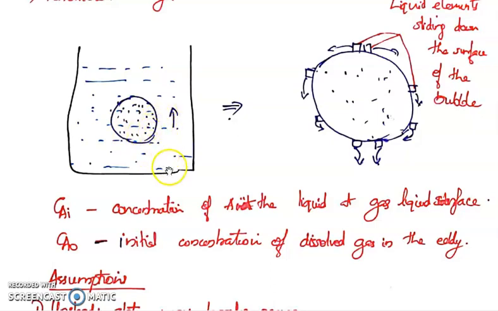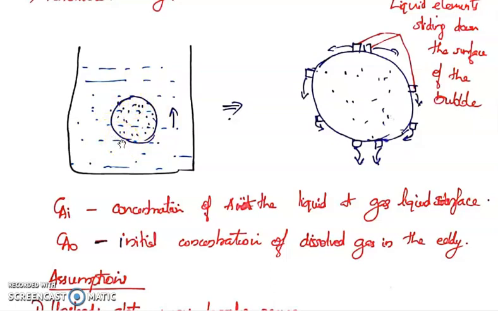So the bubble is moving from, let's say, Z is equal to 0 at the bottom to Z is equal to some distance at the top, and at the same time molecules of A are diffusing into the liquid surrounding the bubble. So we need to consider this to be an unsteady state operation, because with respect to time the molecules are moving upwards, and at the same time ammonia is diffusing into the liquid. So the interface or the boundary that should be considered is the boundary of the bubble. So the circle that you see here is the boundary layer.